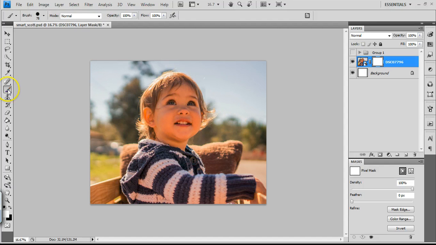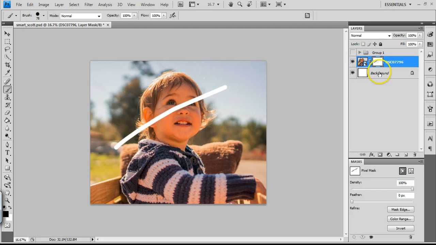But if I go over to brushes, which I already have selected, and I go down here and make my foreground color black by hitting this little triangle. So now my foreground color is black. That's the color that I will be painting with the brush. Then I just paint across, and as you can see, it hides part of this image. The black line appears on what used to be a white mask, and it's revealing the white background